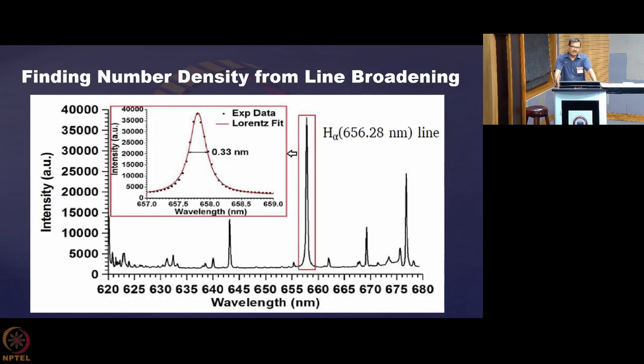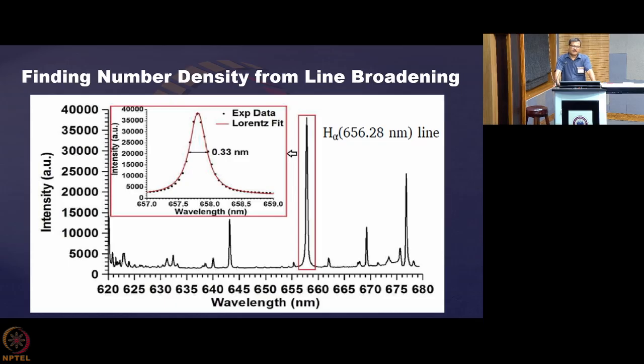So whenever you use this line and you try to calculate the electron number density using the standard formula where the constants are well known, you are pretty confident about the number density that you are offering. The H alpha line broadening is quite significant when you go for Stark broadening in plasma. When the broadening is appreciable, then the measurement error is also less. So that is why people try to use this H alpha line for number density determination.